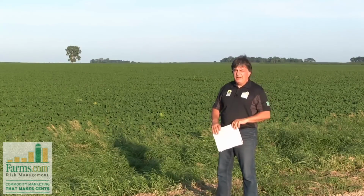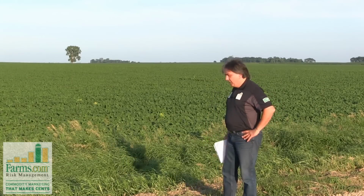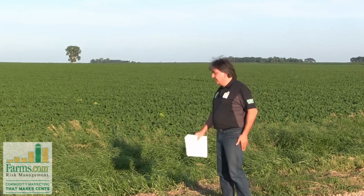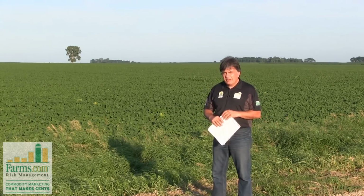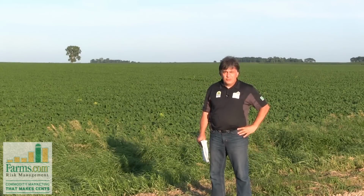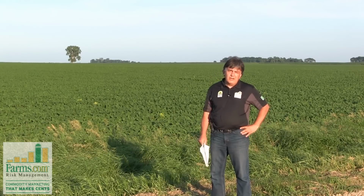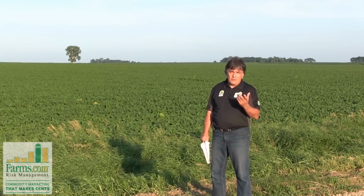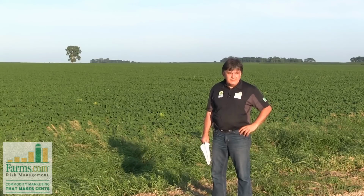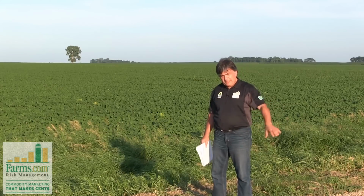We're traveling north on Highway 29, approaching Watertown, South Dakota. We're in front of a nice lush and green soybean field. We showed you some fields earlier. We're going to conclude the tour in South Dakota here, and we've experienced more moisture in South Dakota than any other state. One of the questions we tried to answer was, did a lot of the northern states get a lot of moisture? South Dakota in that Canton Highway 46